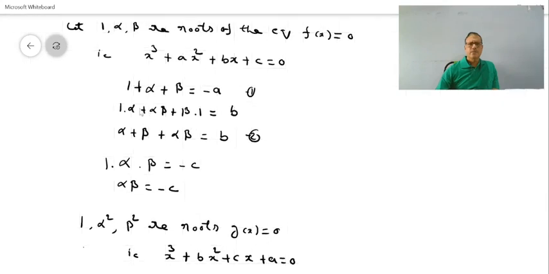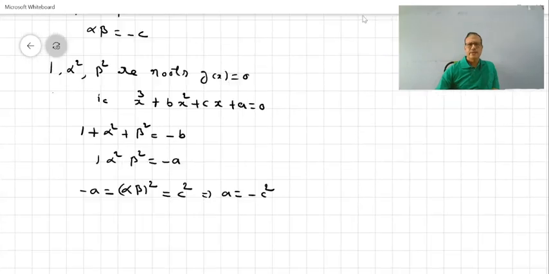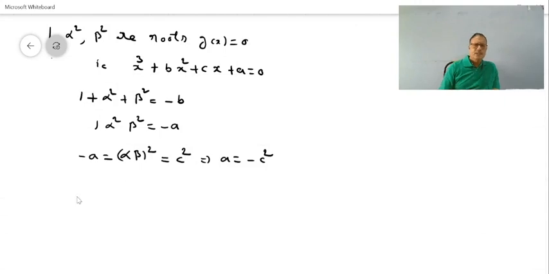And so 1 plus alpha plus beta is equal to minus a. I am going to square on this. So squaring on both sides, 1 plus alpha plus beta is equal to minus a. And squaring we get minus a whole square, so this is equal to 1 plus alpha plus beta whole square. So this is of the form a plus b plus c whole square. What is the formula? So a plus b plus c whole square is a square plus b square plus c square plus 2 into ab plus bc plus ca.